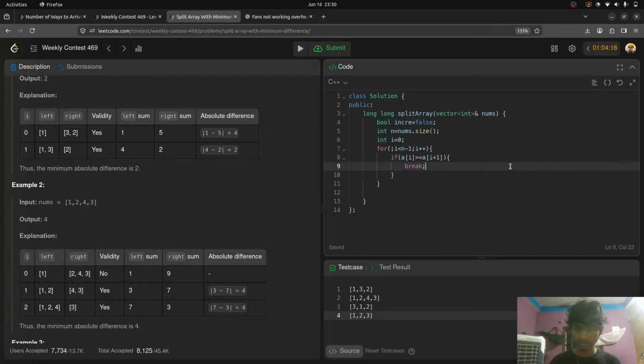Yeah, so when I break it, then I know one of the things, that either it is equal to or less. If it is equal to, I don't care, right? Basically what I want here